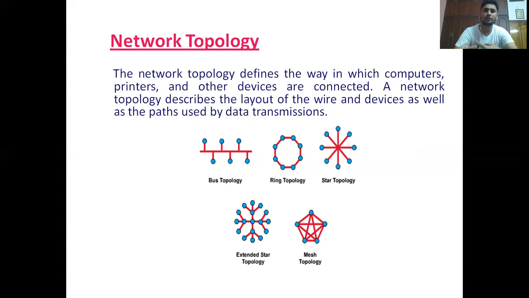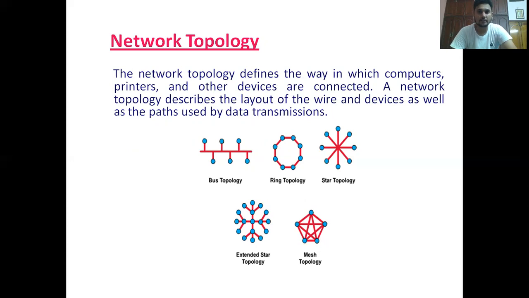Before discussing the topologies, we first want to know the basic thing: what is meant by topology? Simply, a topology is nothing but a structure. A network is connected, so n number of devices are connected to it. What is the structure of those n devices?